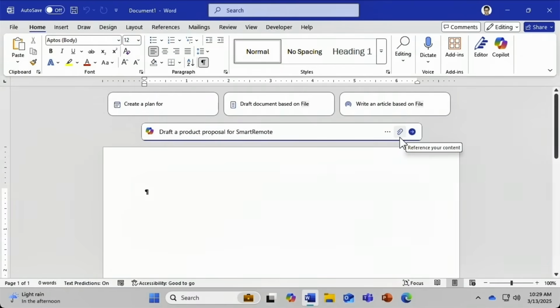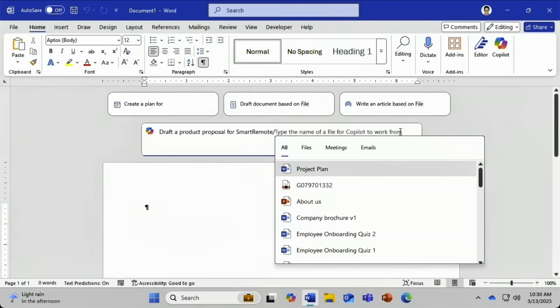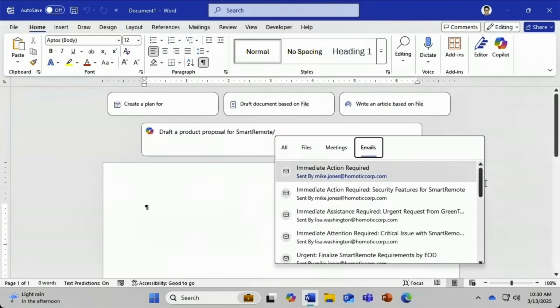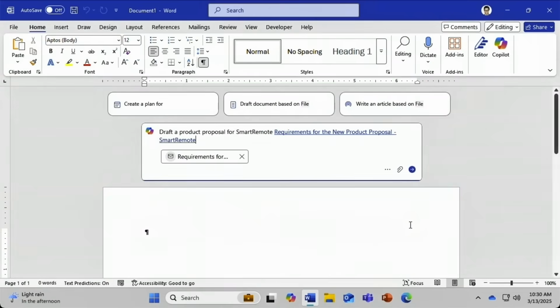This allows us to refer to one or more files, meetings, or emails. You can also paste in the share link for a file if you have it, or type the / key when writing your description. I'll click on Reference Your Content. In the overlay that opens, you can browse through suggested content, which is organized into different tabs: All, Files, Meetings, and Emails. Now, I know that my latest email from Mike Jones contains a description of the Smart Remote product, so I'll select that email as a reference. Now that I'm ready, I'll select Generate,